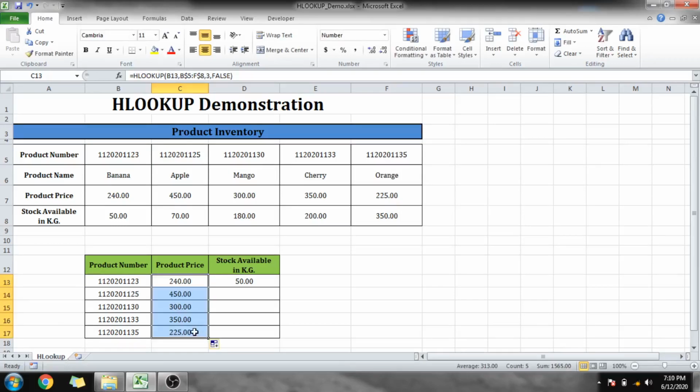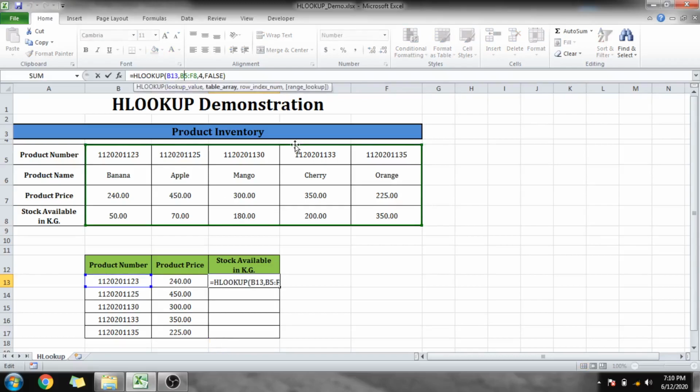So we'll get the same value. For example, for 135 we have product price, that is 225. We can check it over here. So for the 135 value we have product price 225. The same thing can be applied over here. So we require a $ sign over here as well as a $ sign after that particular number.